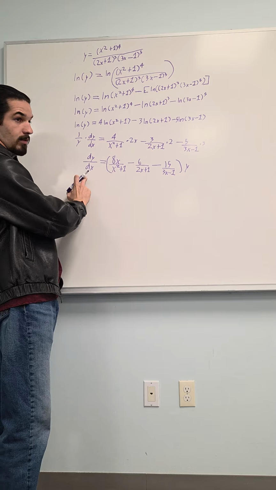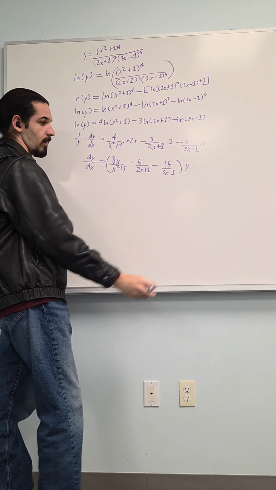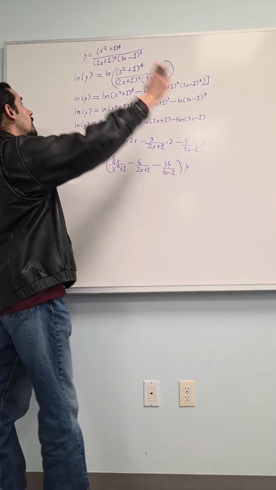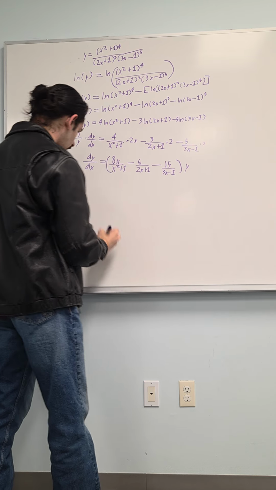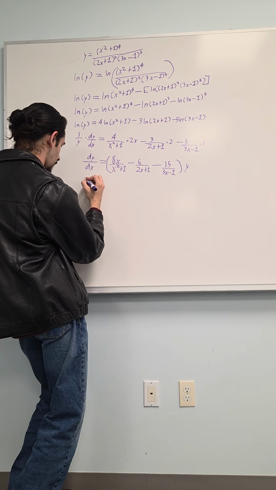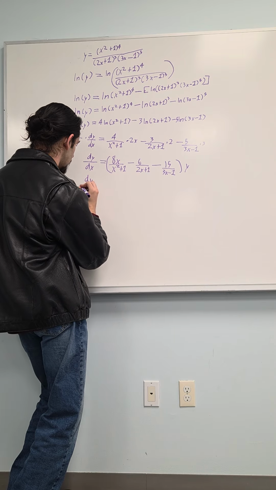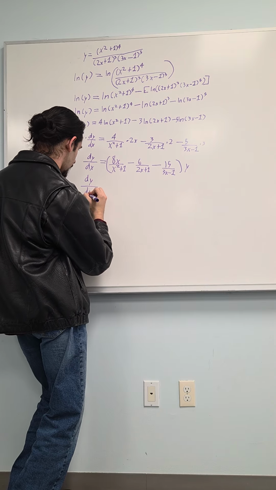And even though we have dy dx by itself, we're still not done because we have the y there. Luckily, y is defined at the top of the problem. So we're just going to substitute that in, and that'll be our final answer. So, final answer is going to be dy dx is equal to